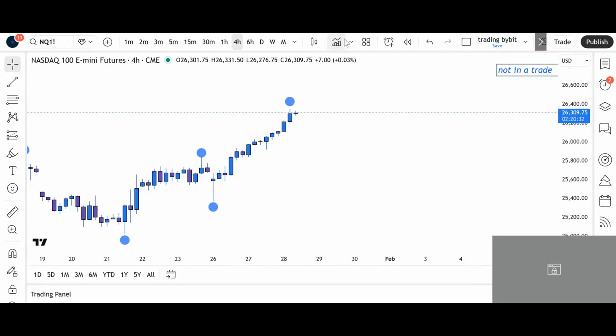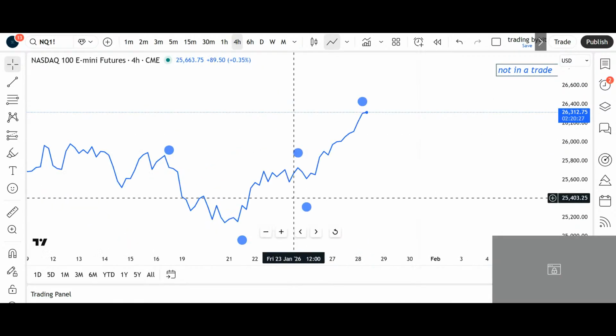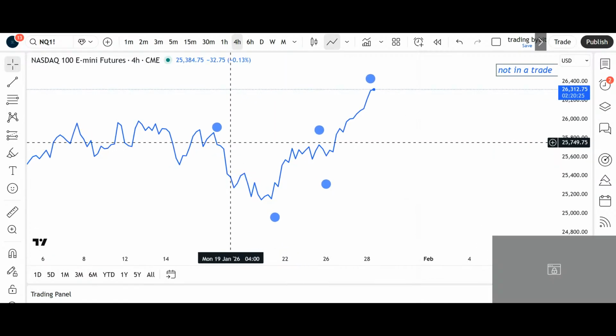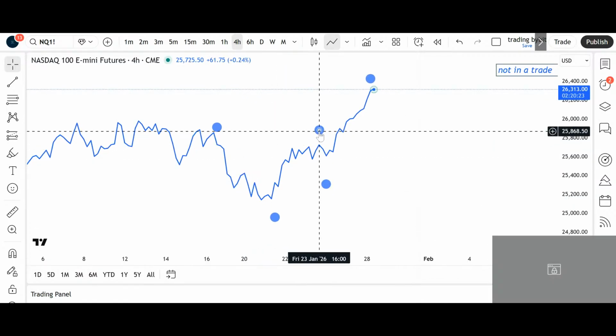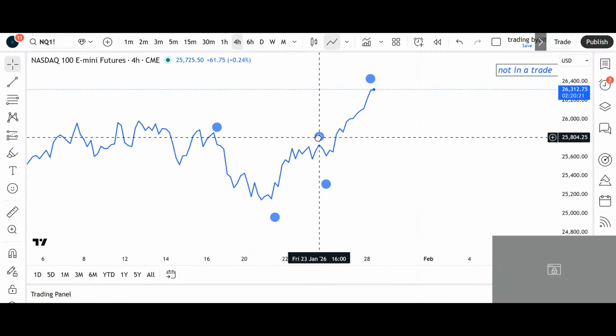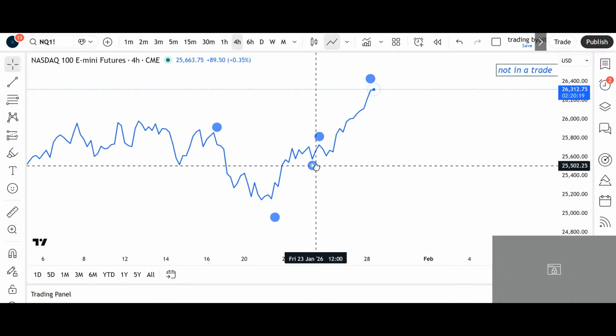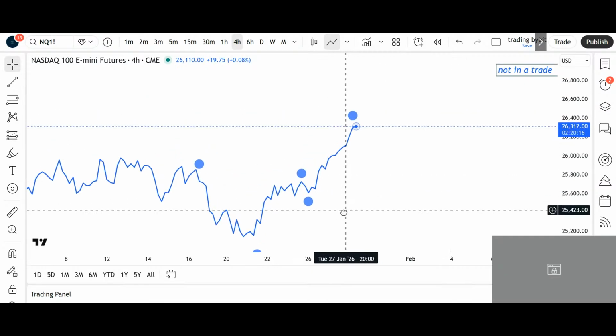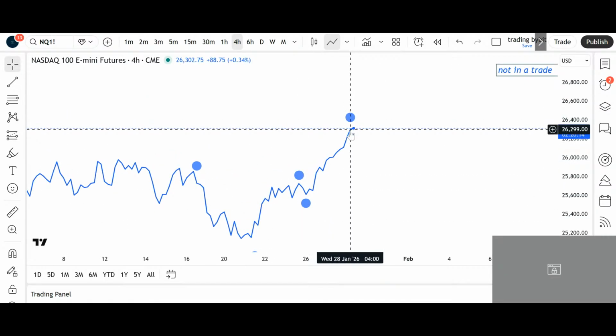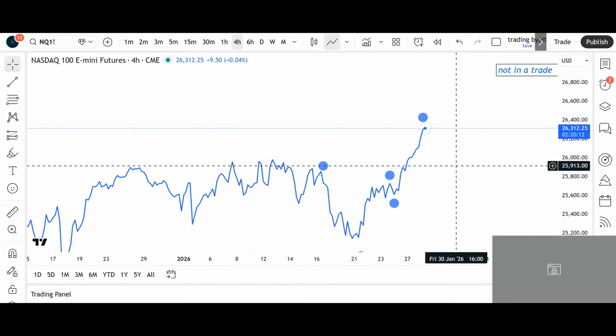If you want to do this more easily for yourself, if you're new to trading, just put the line chart onto it. It's even more clear. So high, low, high. You can say that this could be a low. We don't have those wicks, so this is a new high. And then you can see further off.